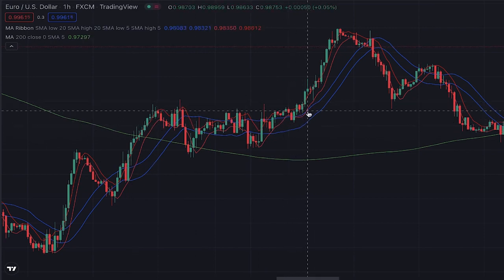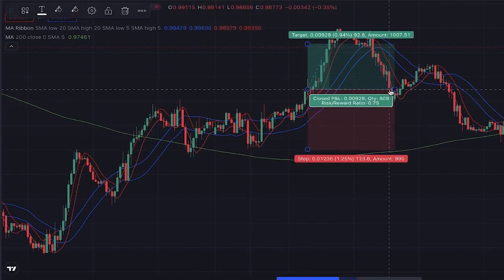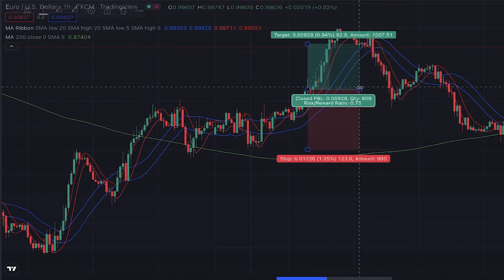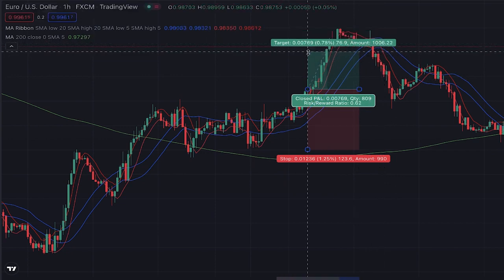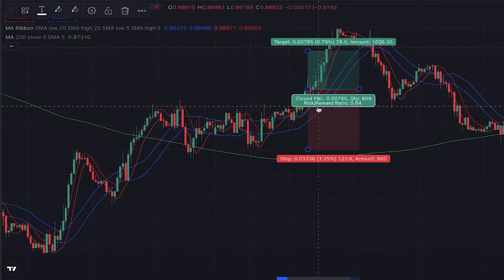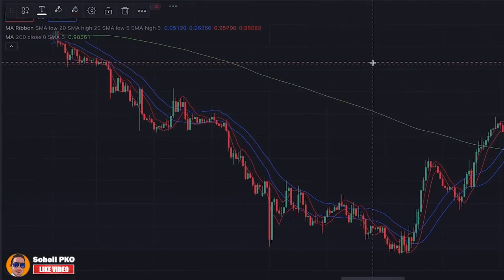The red channel is totally above the blue channel here at this point, so we could enter a long position here. The stop loss for this trade can be placed below the swing low, and the profit for this trade could be taken at this level where the red channel crossed below the blue channel. So it could be taken here. Not a very profitable trade, very low risk to reward ratio, but still closed in profit. Moving backward on the chart,